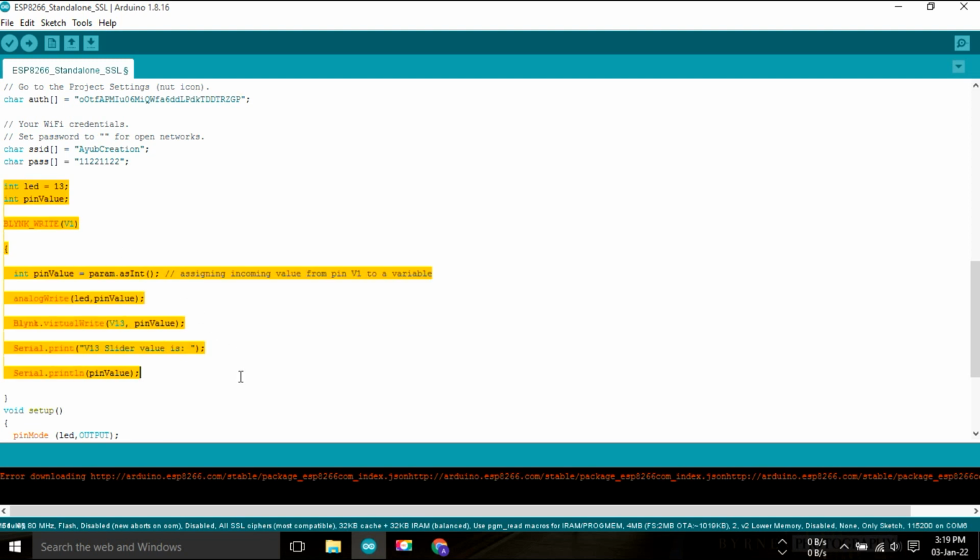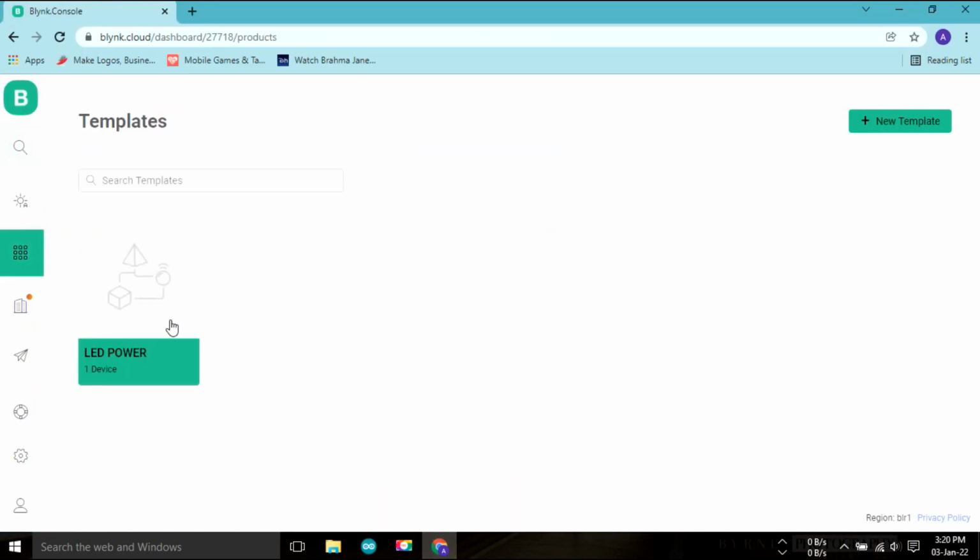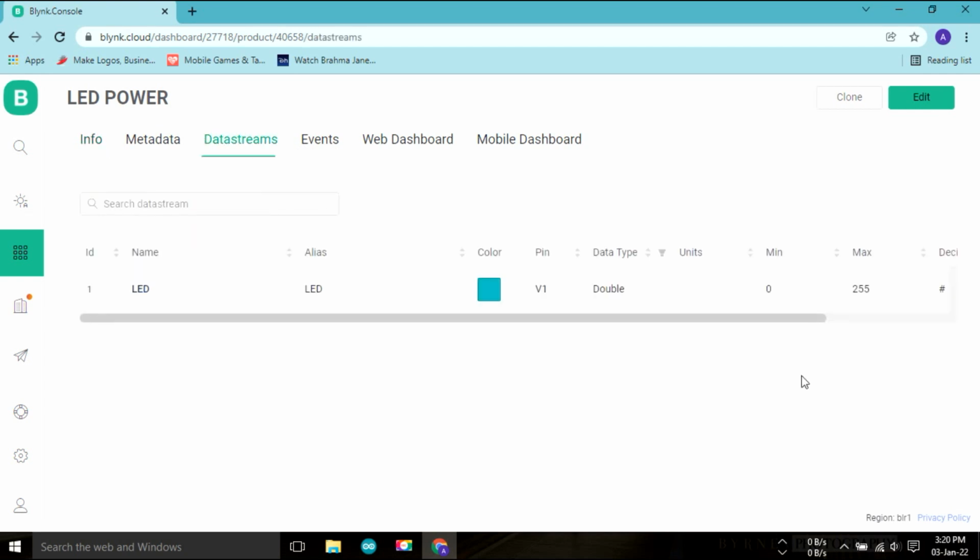Okay, first you just write LED pin 13. So I just use LED pin 13 in ESP. It is D7. Okay, this code you write in your code. So don't worry, I give this code in the description below, so you just check it. Here you can see the pin mode is V1, so you need to change it here. This V1. Okay, and then all is set.